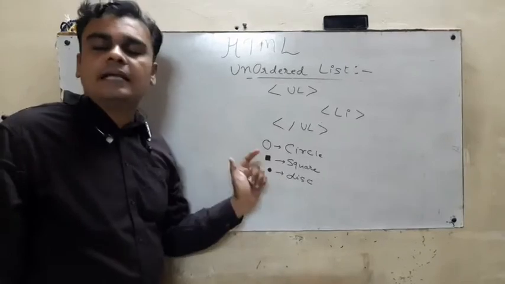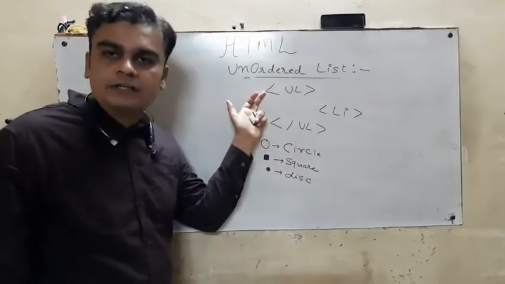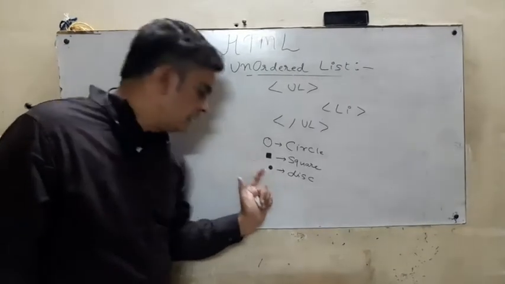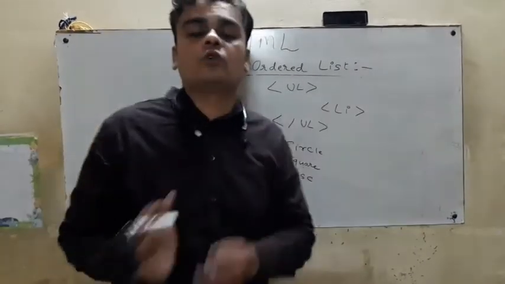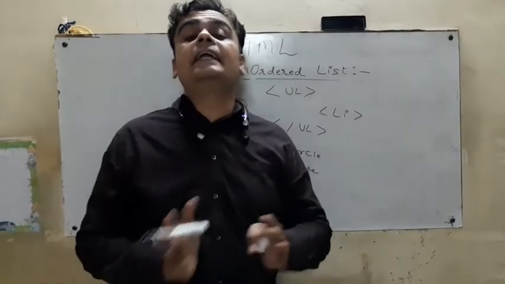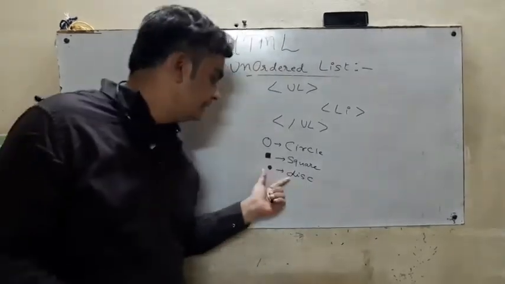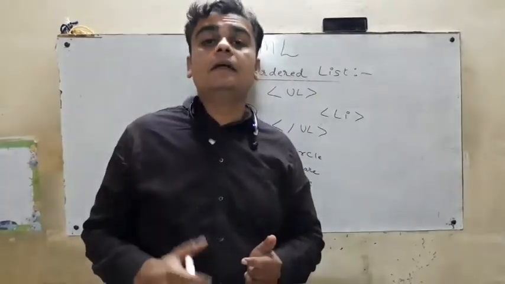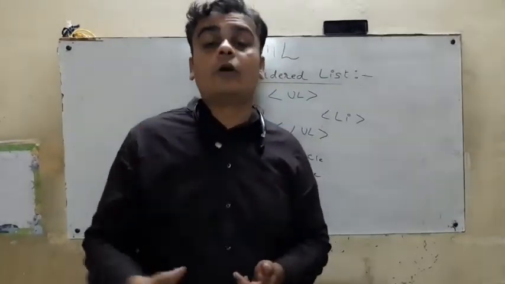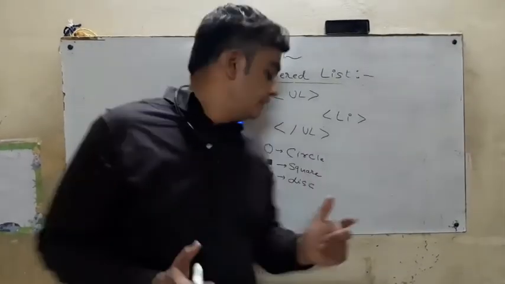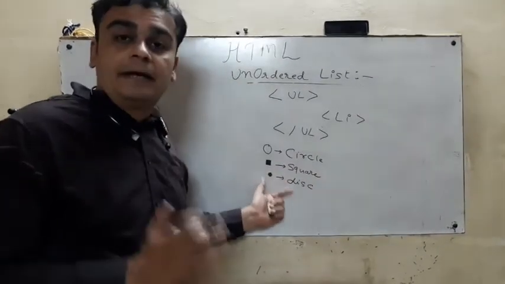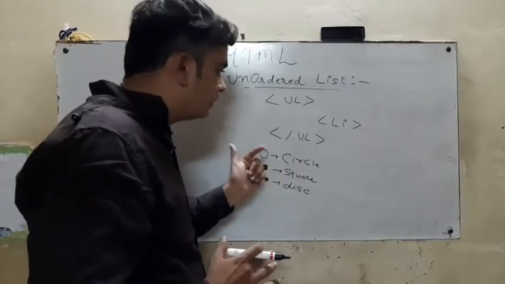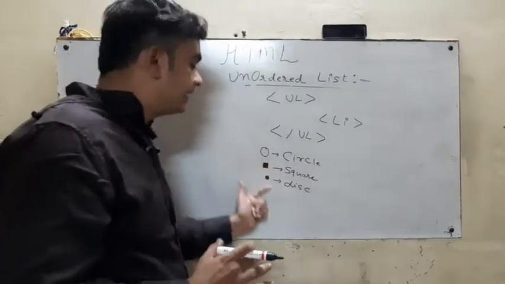And if I am not using the type attribute in my unordered list, then it will display the default, that is disk. Generally we see this symbol in Microsoft Word in the bullets and numbering section. If I use this disk and write something, whenever I press the enter key, it will automatically display a bullet on my next line. So in this way we can use it in Microsoft Word. Anyway, doesn't matter. I'm going to write down the general format, or you can say the syntax, of the unordered list.